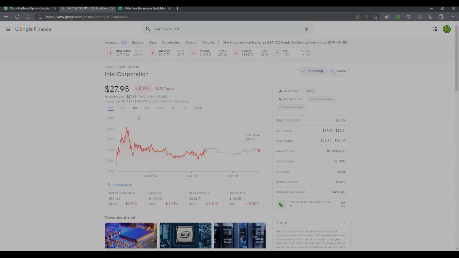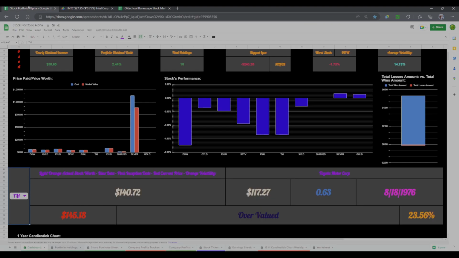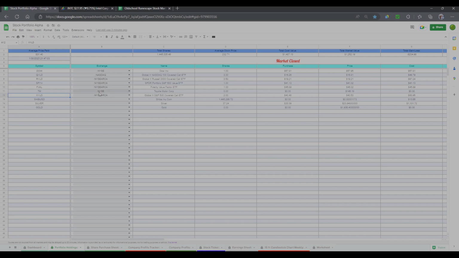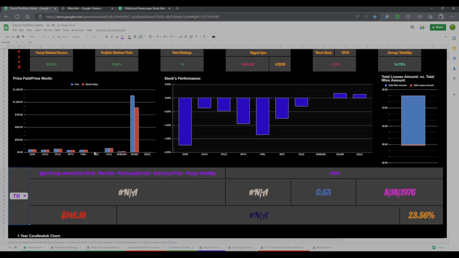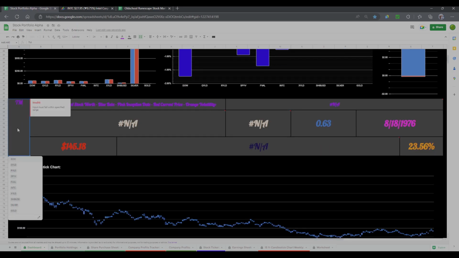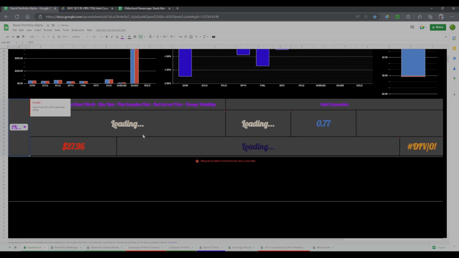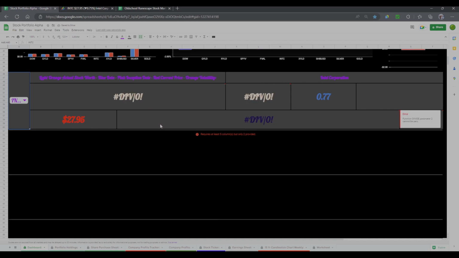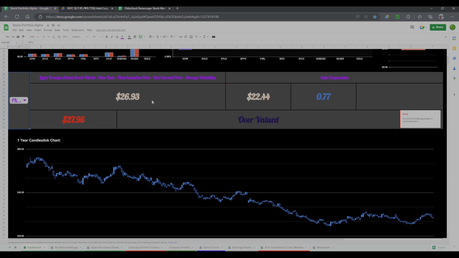Intel Corporation, NASDAQ. All right. So here's some of my new functions to my worksheet. All right, so I can look up a company. I got a few that I'm watching. So if I go over here, this tells me what the company's actually worth if it loads. It'll take a minute. Okay, so the company is currently worth